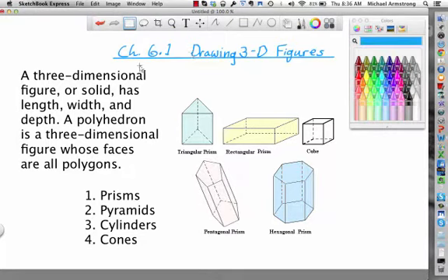Okay, this is chapter 6.1, drawing three-dimensional figures or 3D figures. And there's several things. A three-dimensional figure or solid has length, width, and depth. It has three directions. A polyhedron, poly just means many, is a three-dimensional figure whose faces are all polygons. And a polygon is a